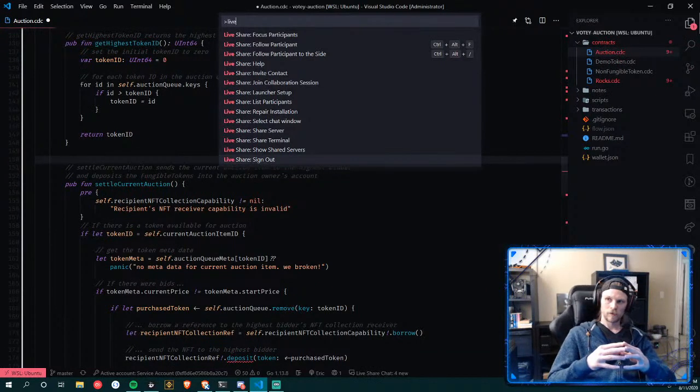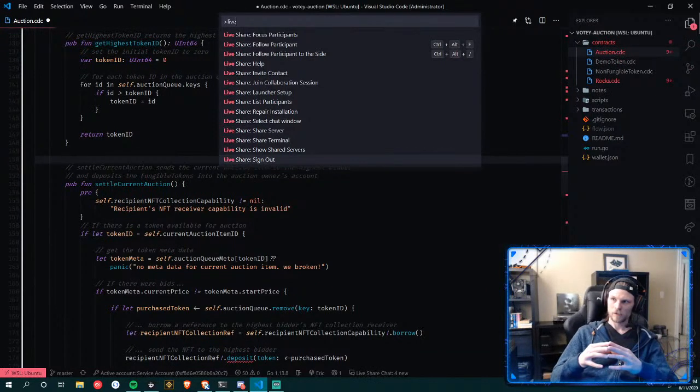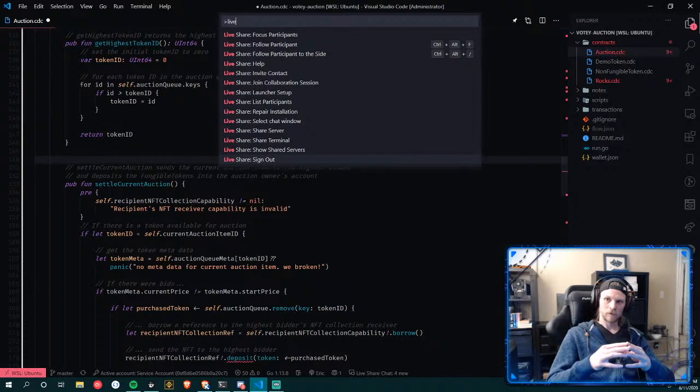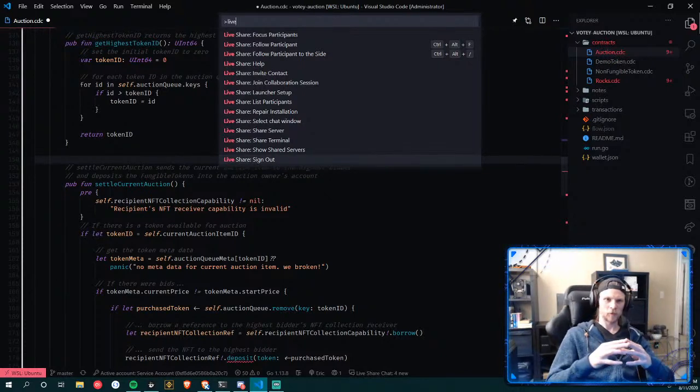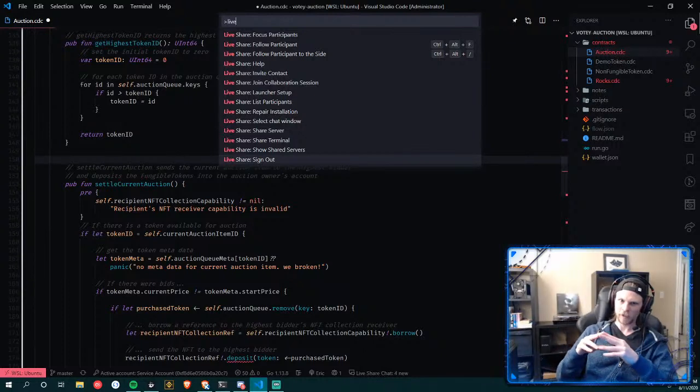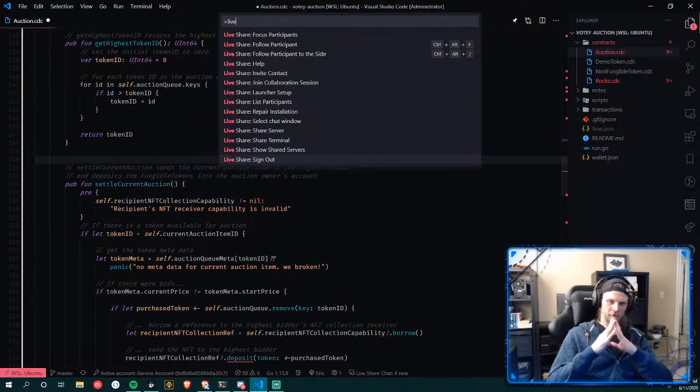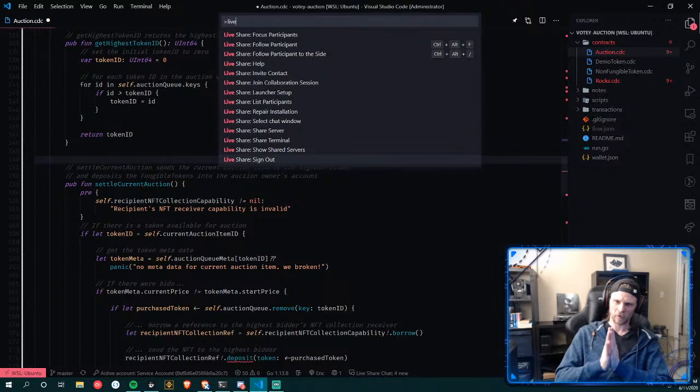Because if not, two people can do it at the same time, right? So then, well, I guess you can just lock the entire resource. Can they do it? I don't think they can, because that's where the references come in, right? You can only store one instance of a reference, so you'd only be able to communicate with it one at a time. So I think we'd be okay.